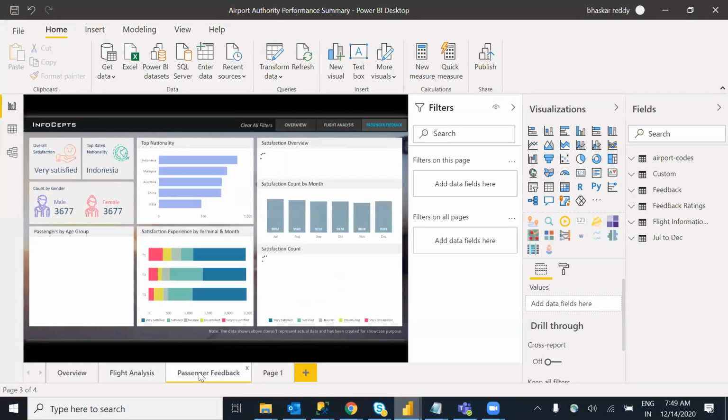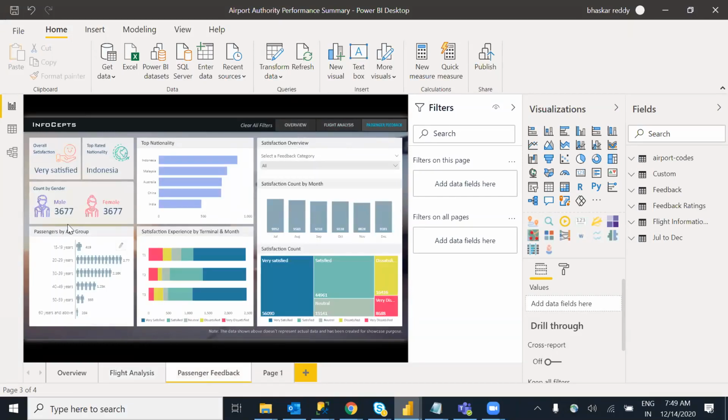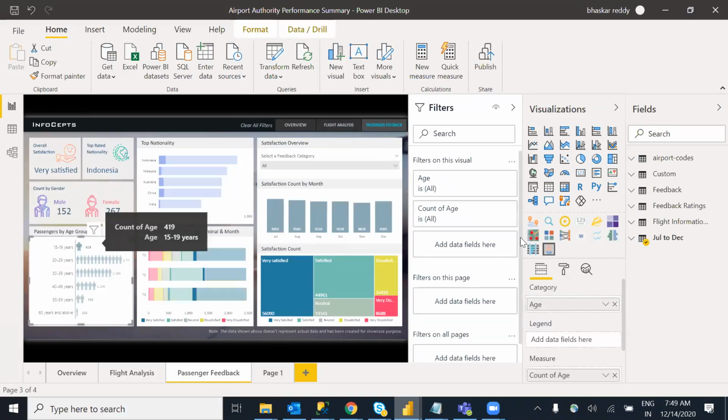Another one is a feedback kind of thing, which you can also see here. Based on a number, I want this kind of symbols. They already loaded this kind of visualization: Infographic Designer. This is one of the custom visualizations we have. How can we get this kind of custom visualization?